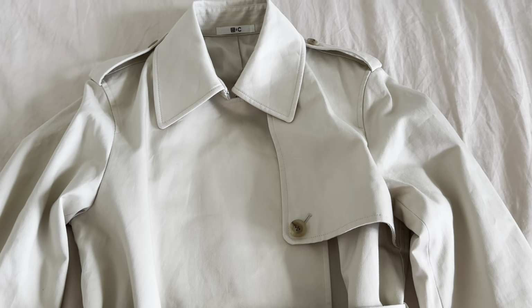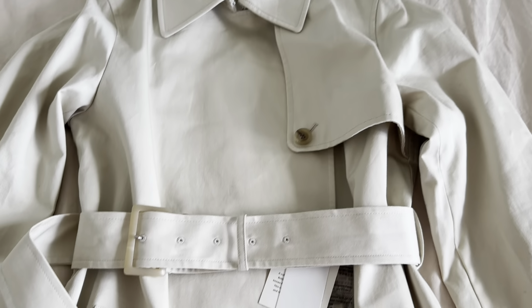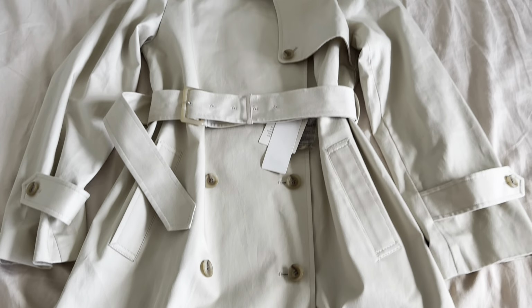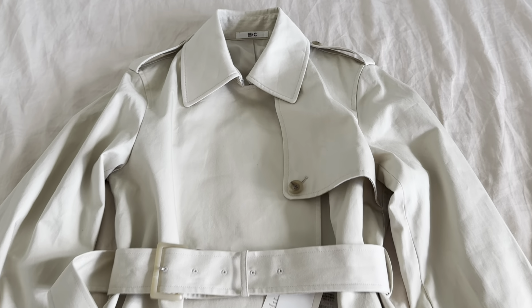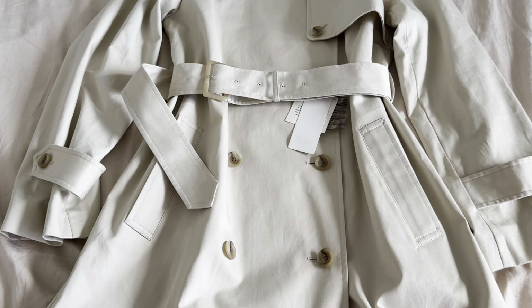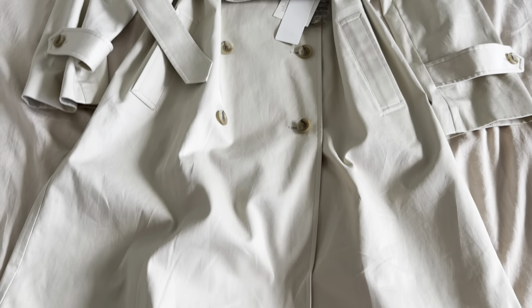So it is 200 Australian dollars. It is discounted at half that price if you have access to Uniqlo USA, but you have to bear in mind the postage cost. But look, it is the classic British trench coat done. I like it. If you can find it in your size, I'd grab it, or just wait until Uniqlo has their discounts, because it seems that this is probably going to be part of Claire's